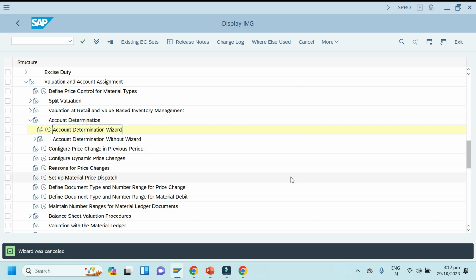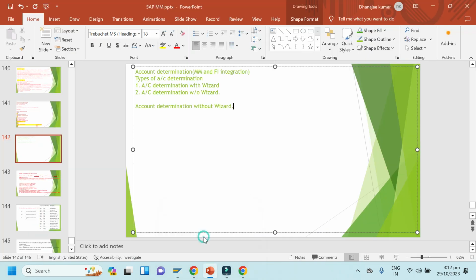Okay, so we'll make some diagram here. So let me minimize this.